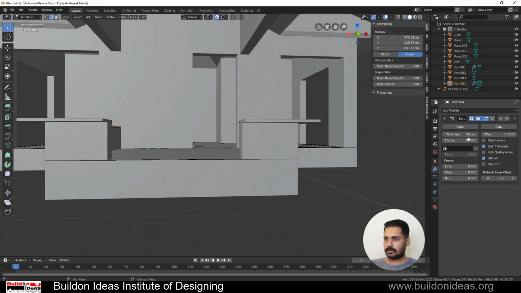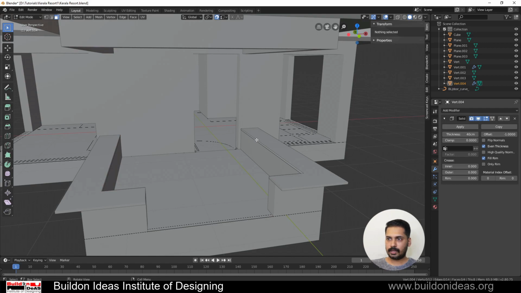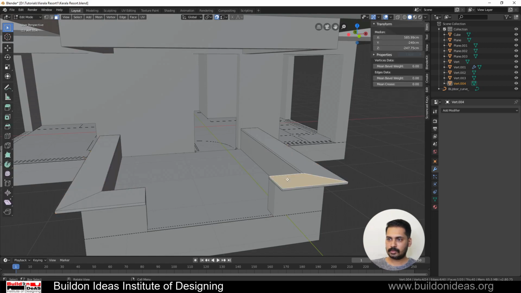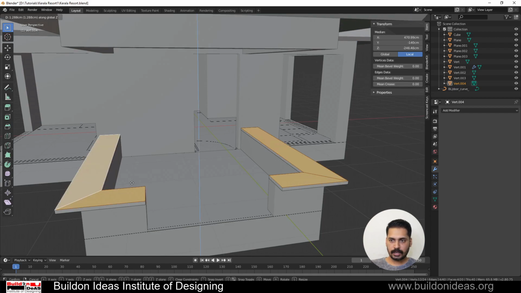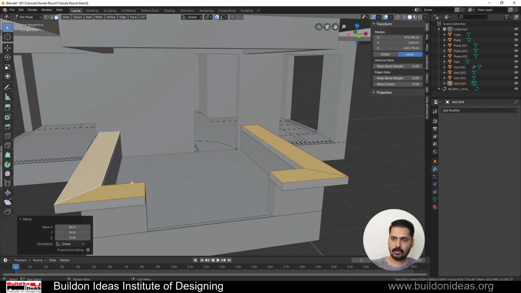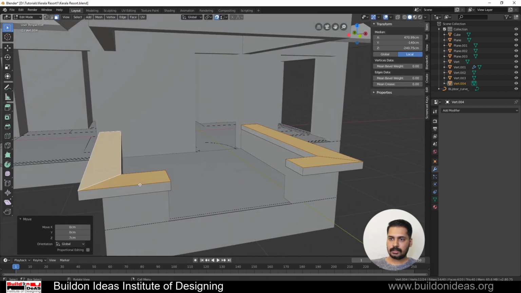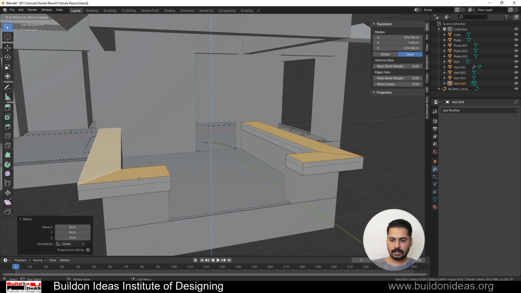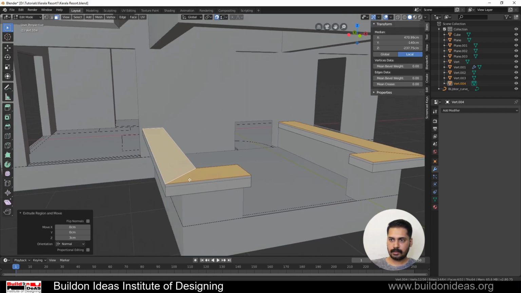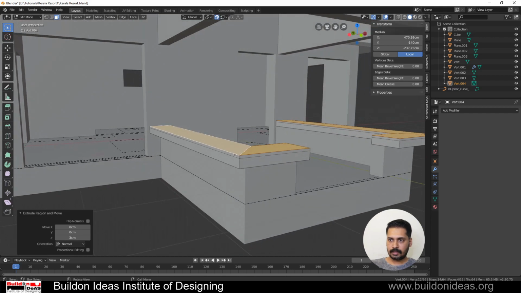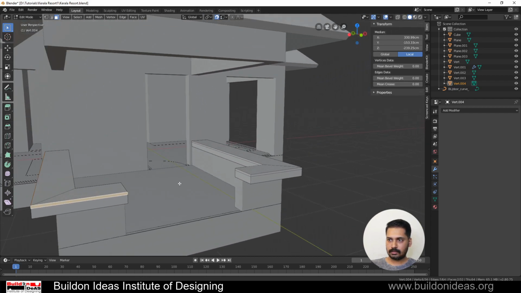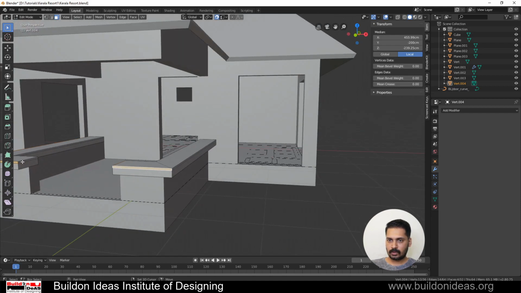So I'll first apply the modifier, and then I'm going into this and selecting this, slightly grabbing it just to make it 10 centimeters. I'm giving 7 now. You have the thickness. Now I'll give an extrude once again, 3 centimeters. This is the slab, and this one is the granite topping which you have on top of that. So select all these